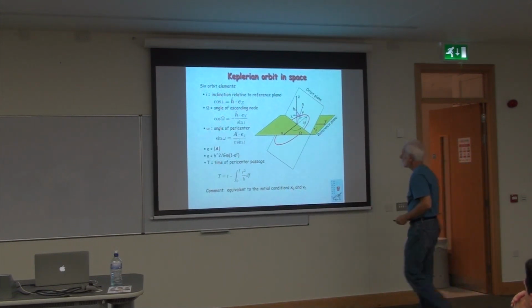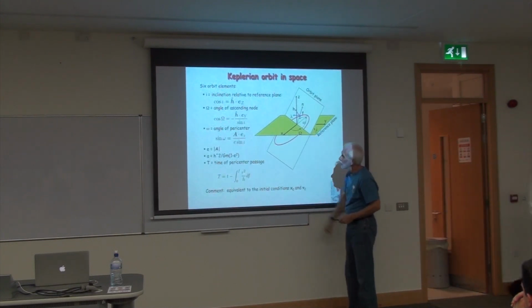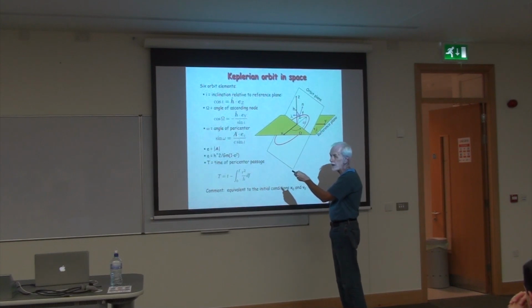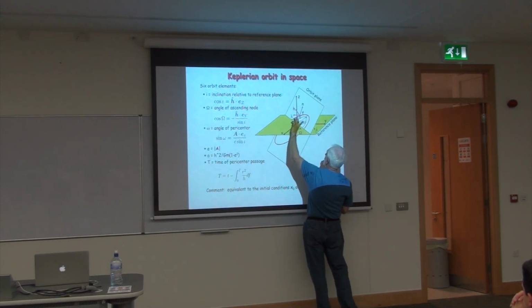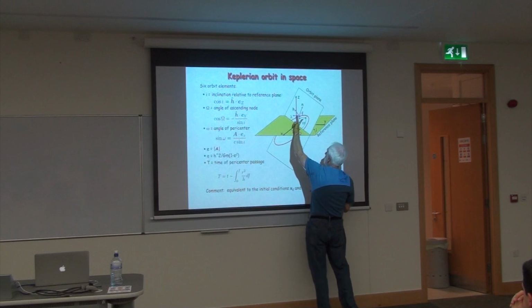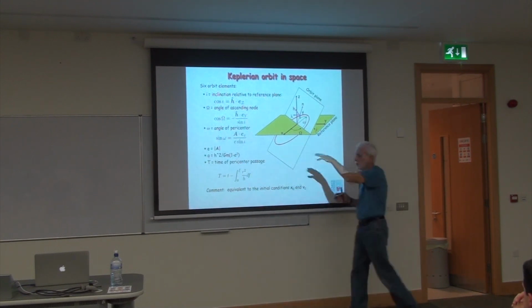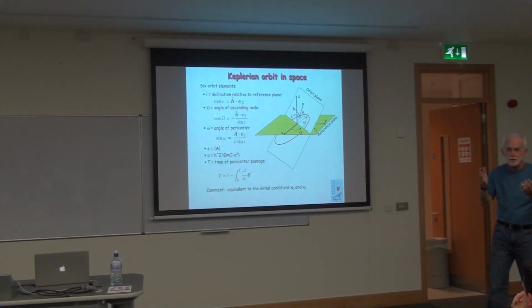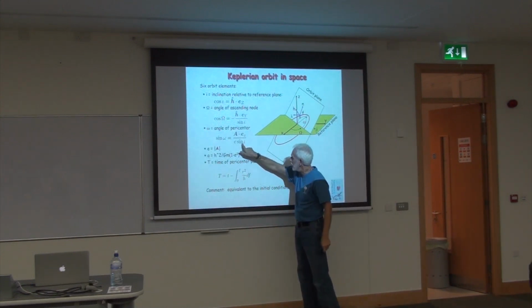And again, that's a pictorial definition of the angle of the pericenter, but you can define it mathematically, and you can show that it's the Runge-Lenz vector dotted into EZ, so it's sort of this angle here, but then you have to divide by e sine I, because that's the overall factor. In the circular orbit limit, there is no pericenter, so you don't define the pericenter. And for zero inclination,